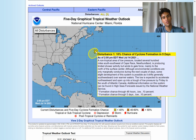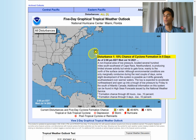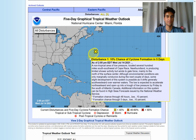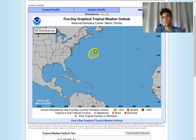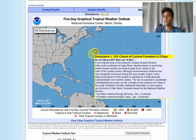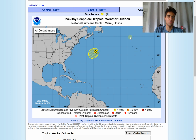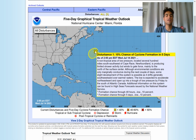For one thing, it's a little bit too far north, so it's bound to be over water temperatures that are cool enough that they're below the threshold of what is needed for tropical cyclone development. And another thing is that it's just going to deal with a lot of wind shear this far up north. Of course, when we're talking about low pressure systems this far up north, it's bound to experience very high wind shear. The jet stream isn't too far from the low pressures located this far north, and it's bound to experience a lot of upper level winds, and it's not very conducive for a tropical cyclone to develop up north. So as a result, this has a low chance of developing,